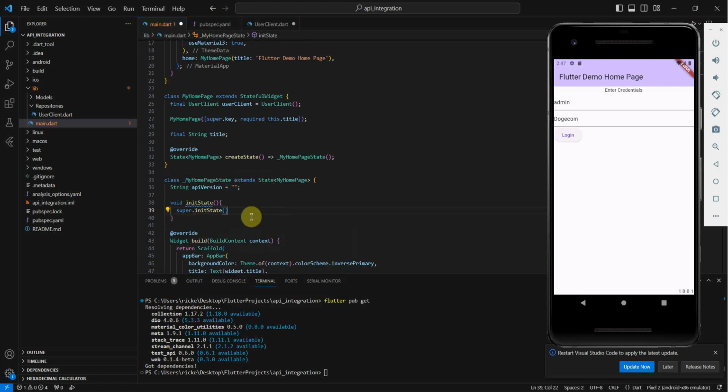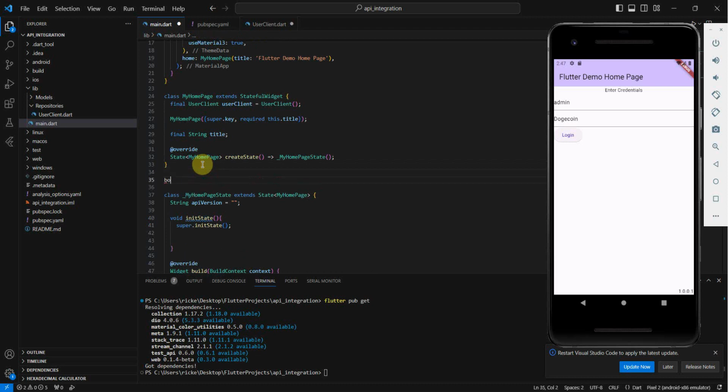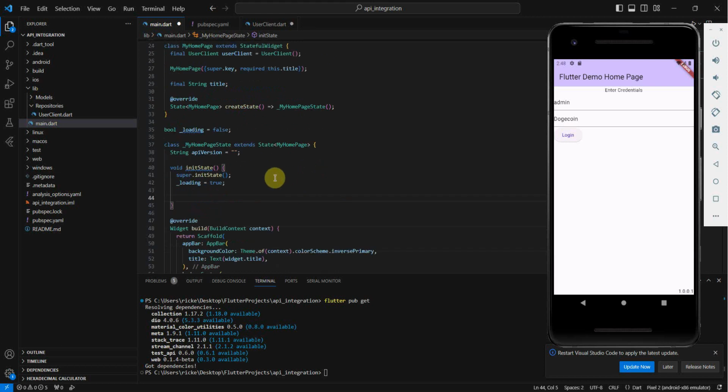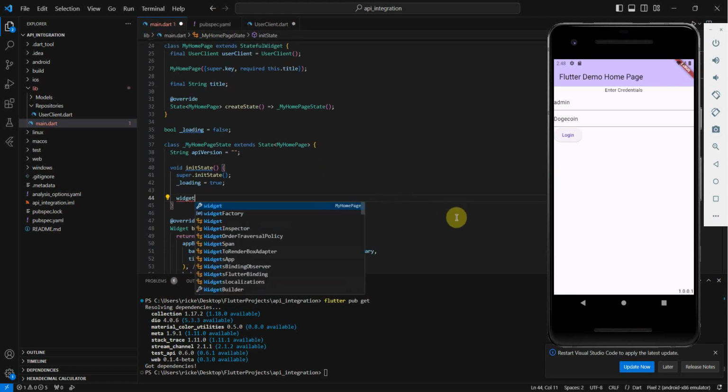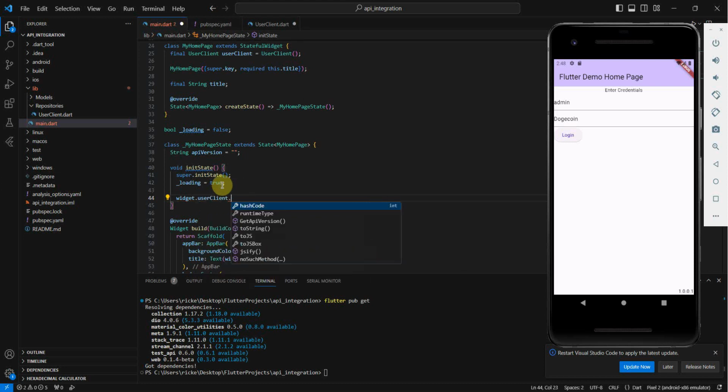So to call the original init state method that we're overriding, and then just remember we need to define a boolean, loading. Initialize that to false, and here we will set it to true. And in here we'll make the API call. So right away what we can do is say widget, to access something that's outside of the scope of the class MyHomePageState. Widget.userClient.getAPIVersion.then,